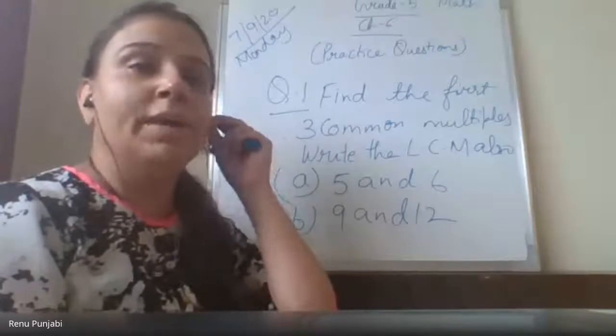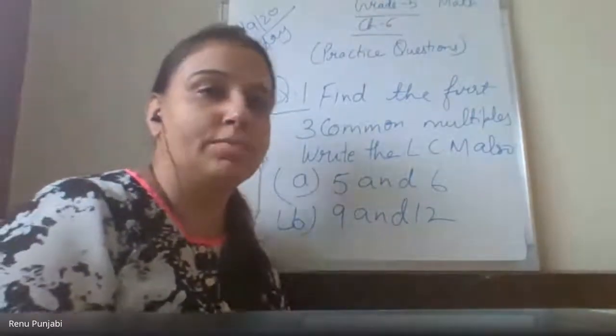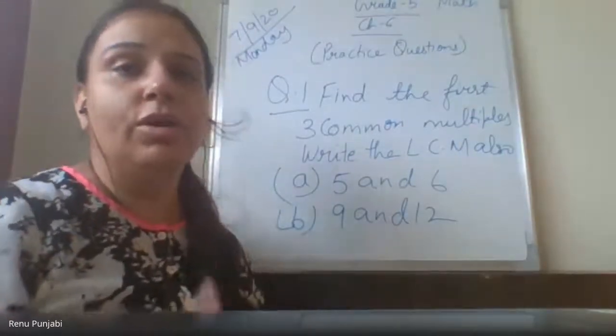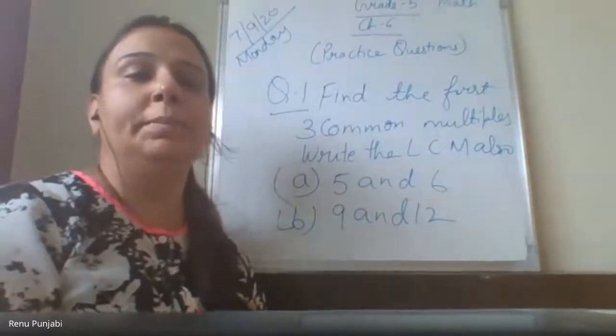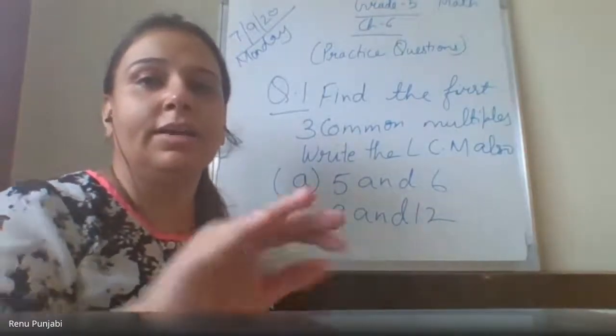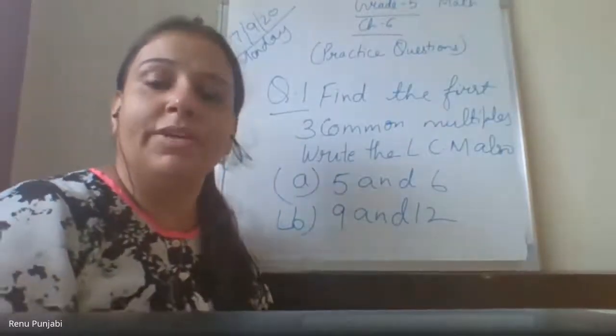Ma'am, I know LCM also, but I know only one number at a time. Okay. One number, how do you take an LCM of one number? LCM of two numbers you can take together, right? Okay. So now listen, Mannat. Multiples means the table of that number. Am I clear, Vrishank? Yes, ma'am. So can you tell me the two multiples of 7?